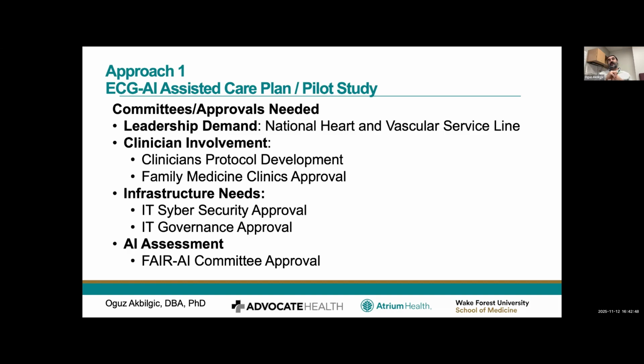And now it comes to the IT needs. It needs to get cybersecurity approvals and IT governance, because IT is the one helping design this AI server, building it, maintaining it, and sending HL7 messages to Epic. And also AI assessment. We are lucky that we have an enterprise AI committee that assesses every single AI model used in Advocate Health. So it is a lot of work, but